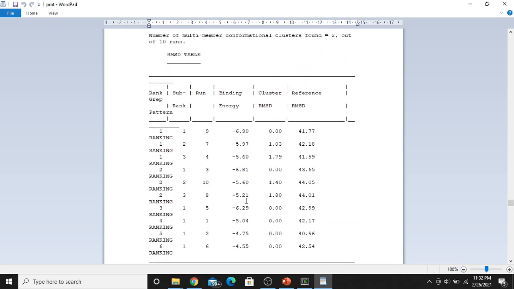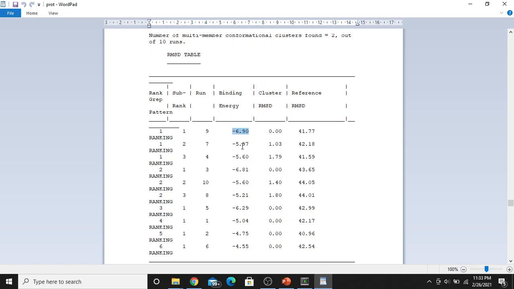Like we have said, the higher the negative binding energy, the better the pose, or the best docked conformation it is. So run 9 got the least binding energy, or the highest negative binding energy. So we require only this pose. Run 9 has a binding energy of minus 6.90.